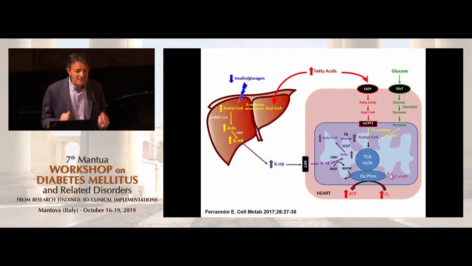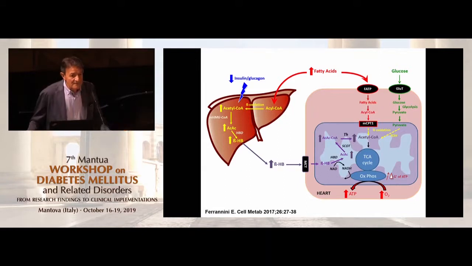So in patients with diabetes, regardless of treatment, there is already a preference for the utilization of fatty acids versus carbohydrate versus glucose for the purpose of producing energy and therefore contraction. We should not forget that this is not the case of a normal heart. This is the diabetic heart, and it's been demonstrated over and again.